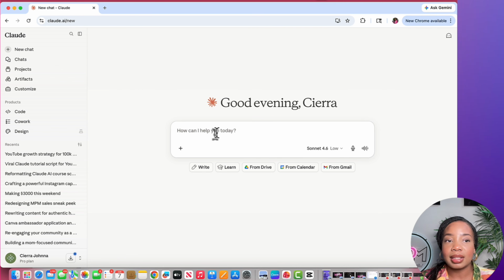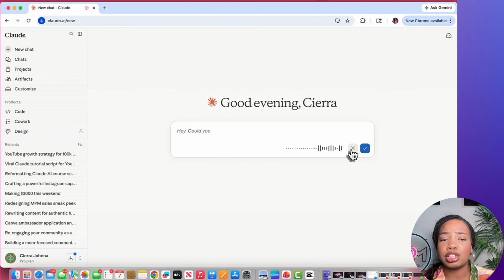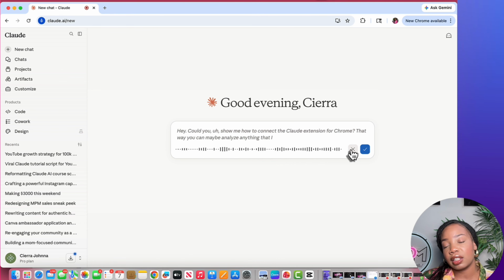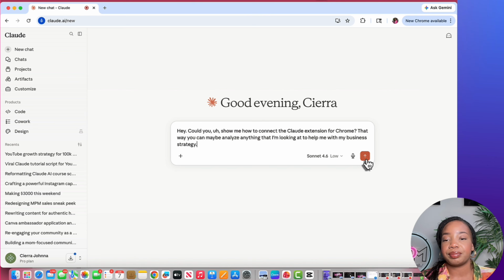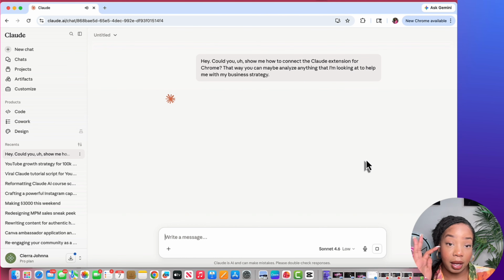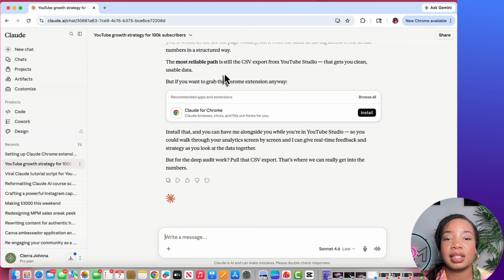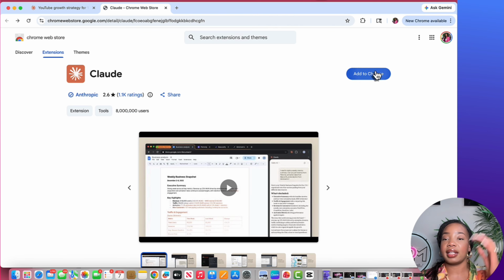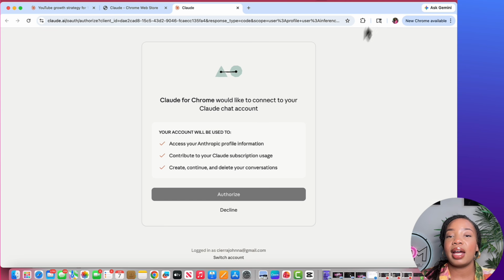And one cool way, because I want you to get used to using Claude because it can do pretty much anything, is you can come here and say, hey, could you show me how to connect the Claude extension for Chrome? That way you can maybe analyze anything that I'm looking at to help me with my business strategy. I use Claude for everything. Okay, now, basically it's just giving me this option here to install the extension. So I'm just going to add that extension right there. Hit add extension. And now I have it